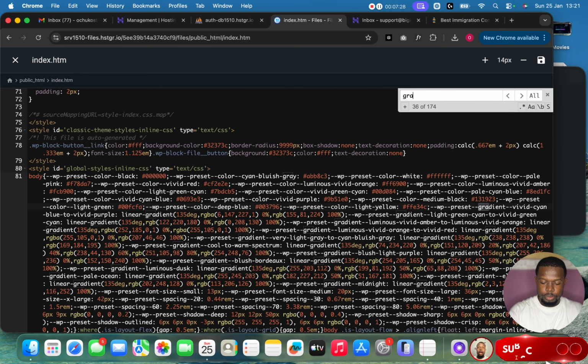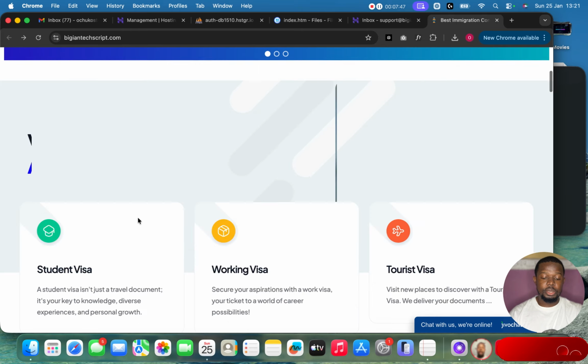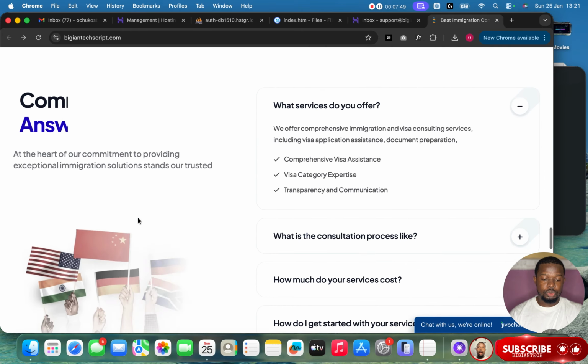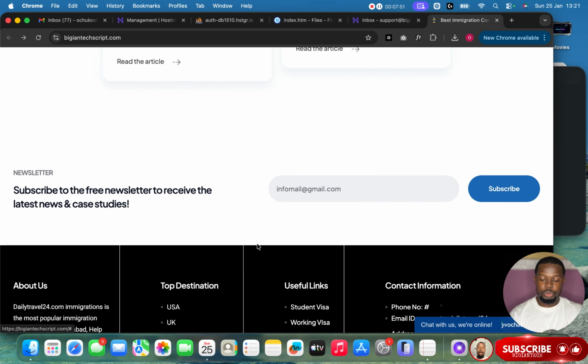So I'll take this out and just take this out. Now this is just for example purpose. Let me click save. Once I come back here and reload, so as you can see, this is how you're able to do most of your designs and changes. Now we have this here. So come back to your